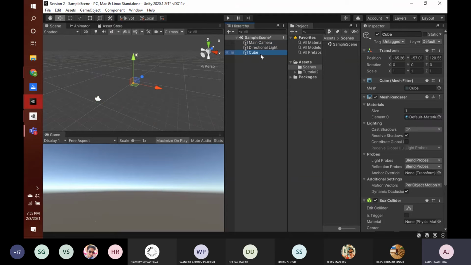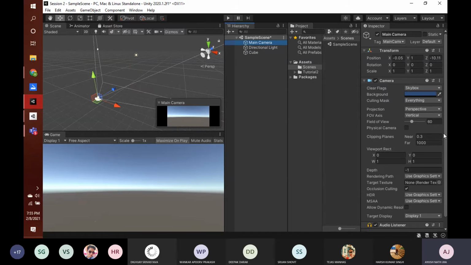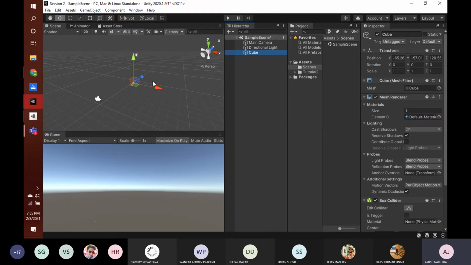So obviously our cube is about 130 units away from the camera. The camera's field of view is 60. Actually we need to calculate it, I'll tell you the formula later. But you need to see that it is out of the view of the current camera.